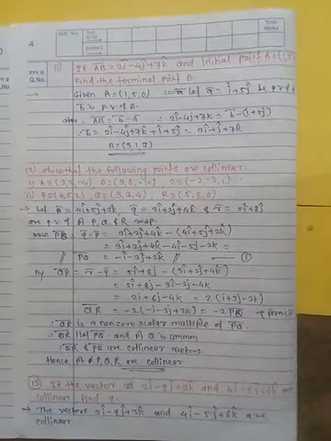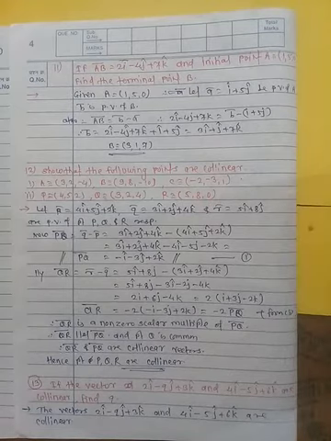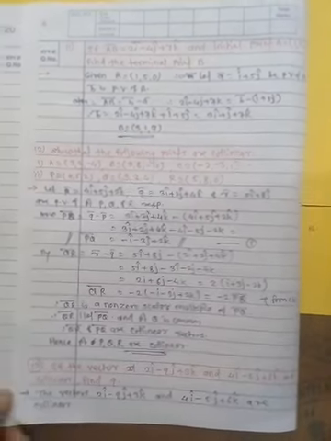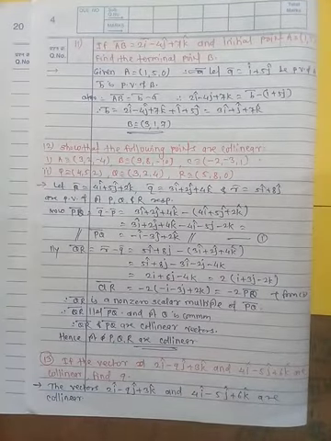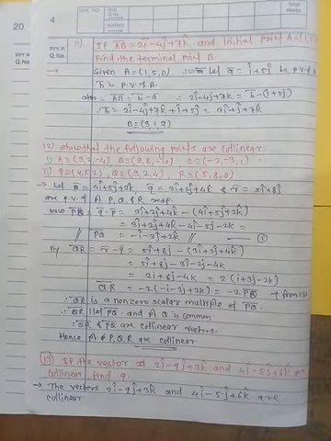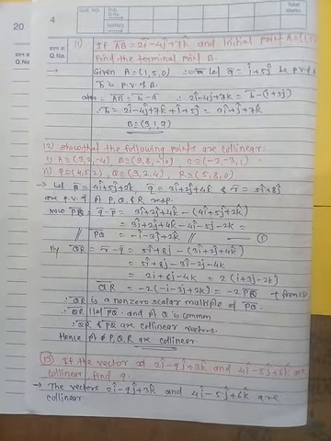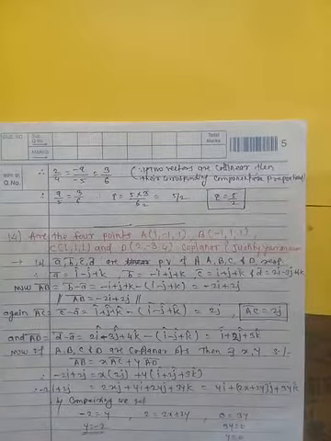So you know, friends, that vectors are collinear means their components are proportional. So I will write here: the given vectors are 2i minus qj plus 3k and another vector 4i minus 5j plus 6k. These two vectors are collinear, so the ratio of their components, that is, their components are proportional.